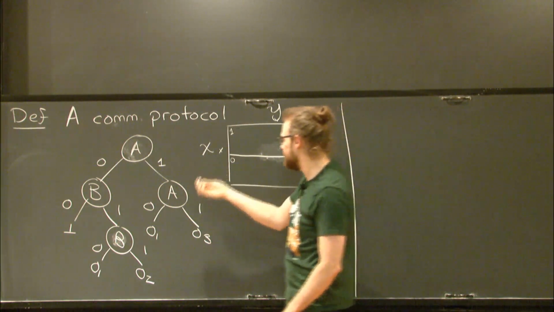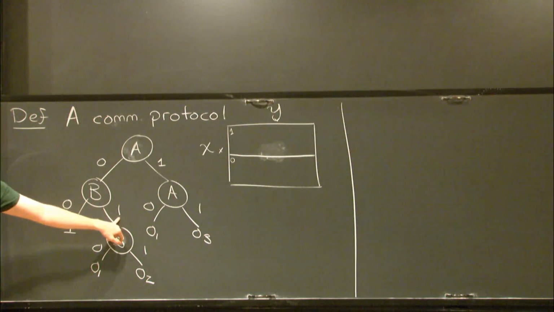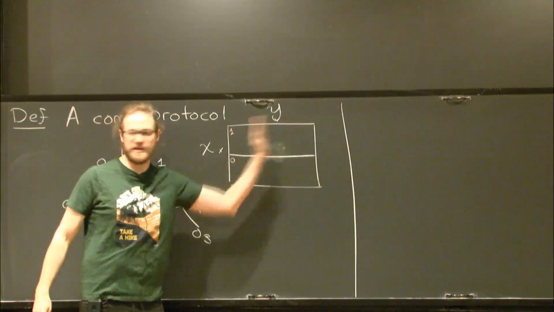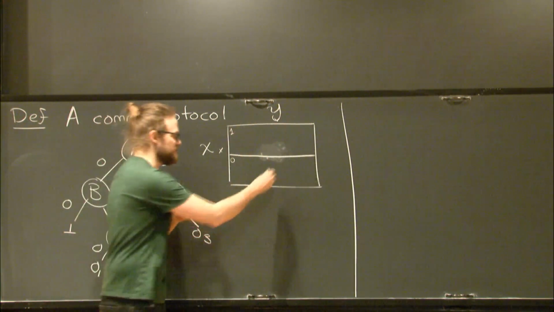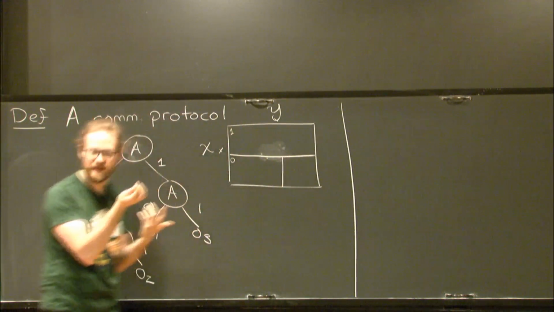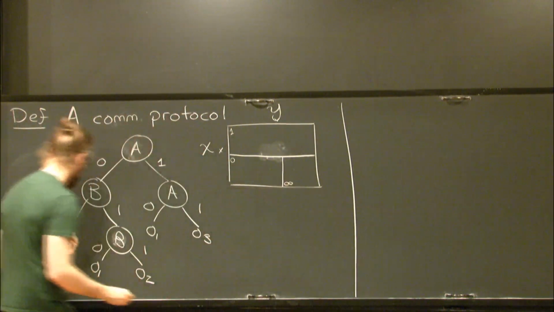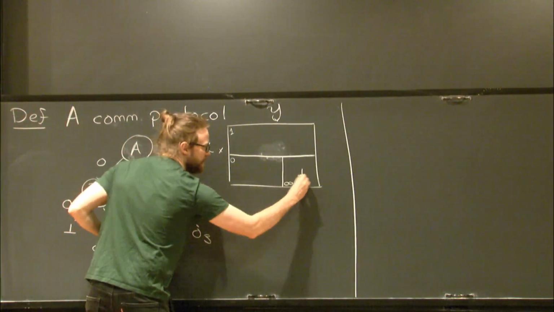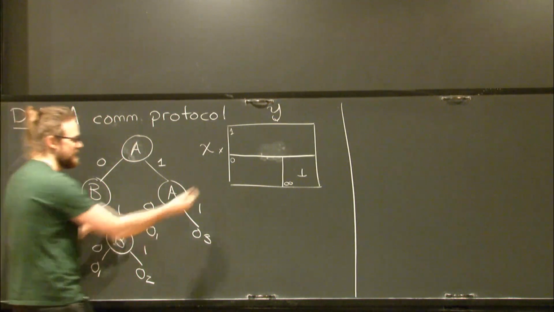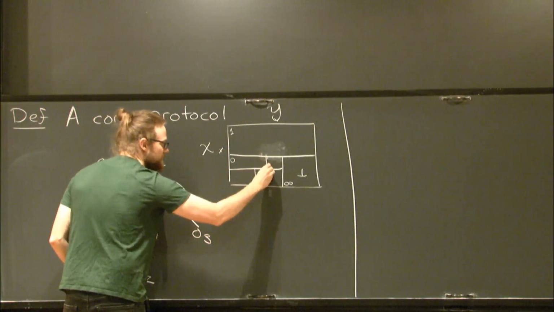And then, if we go to the 0 side, now it's Bob's turn to send a bit. He's going to send a 0 or a 1. He knows that he's in this part of the matrix already because Alice sent a 0. So now it's a similar kind of partition, but on the vertical side. Maybe if Bob sends a 0, now we know for everything in this area that there's not going to be an answer to this problem because we've arrived at this leaf. If he sends a 1, it goes back to Alice, and then maybe she sends another bit, and then another bit.